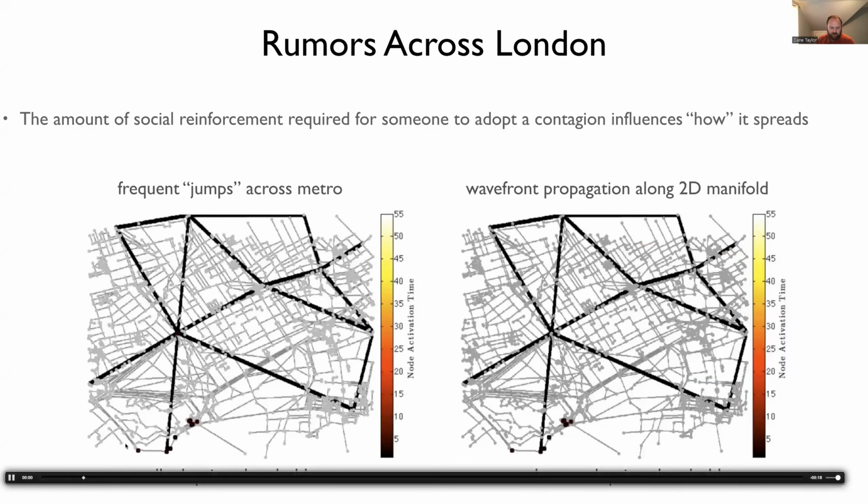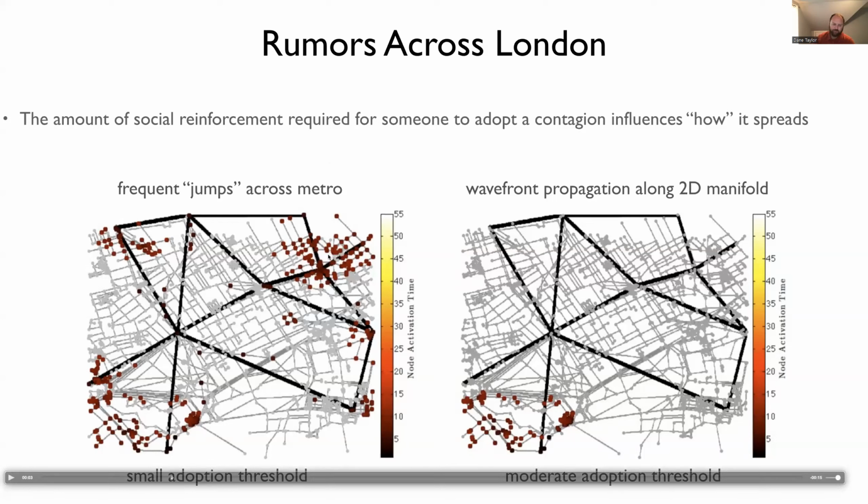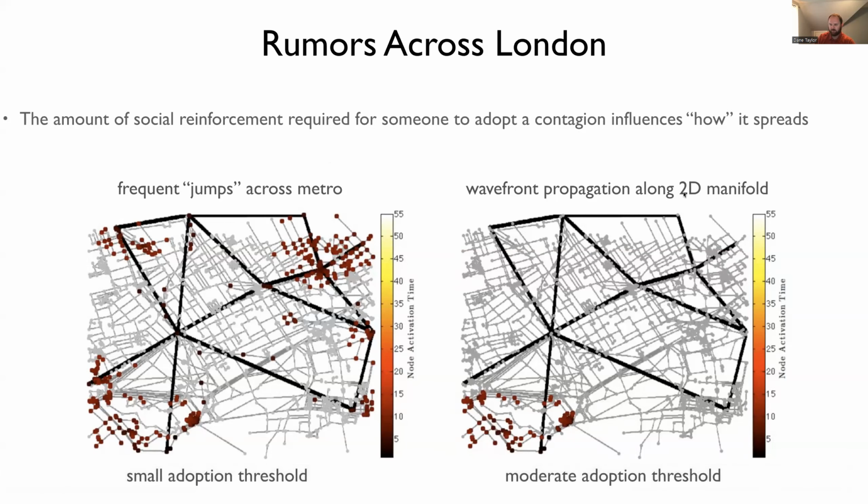And if we simulate a spreading process, there's two spreading processes for basically rumor spreading that requires social reinforcement. So this is the Watts threshold model. When the threshold is high, the cascade cannot jump across a long range distance because there's no local reinforcement. So the spreading spatially is going to be pretty slow. And on the right hand side here, it propagates along a 2D manifold, the 2D plane, as